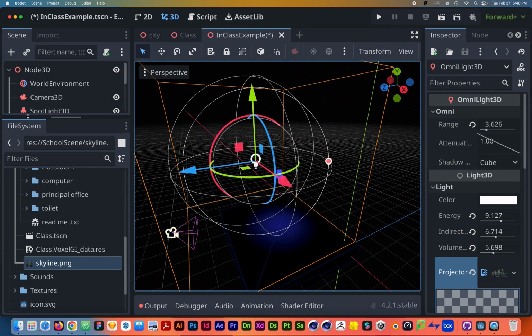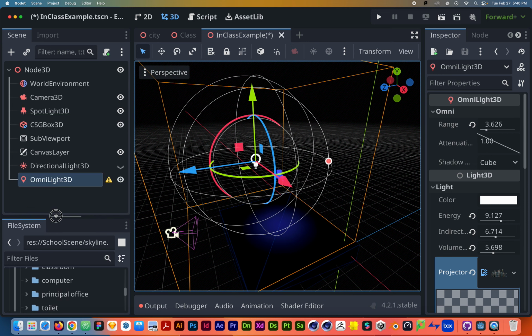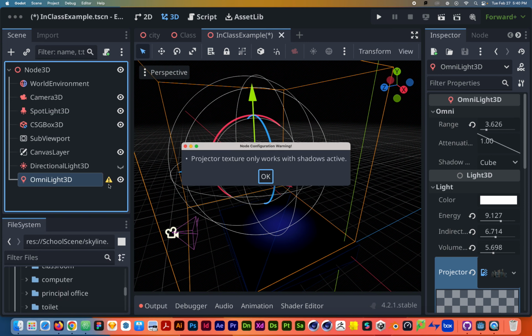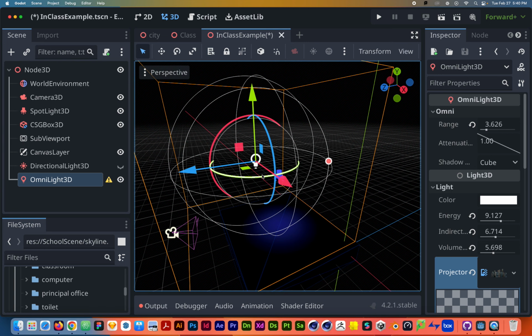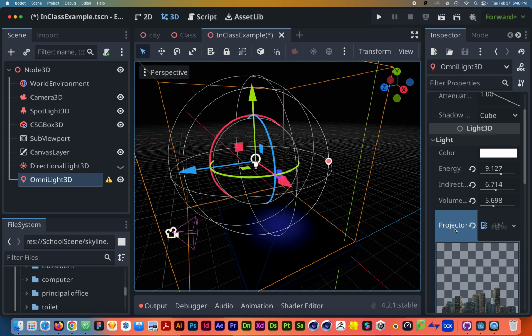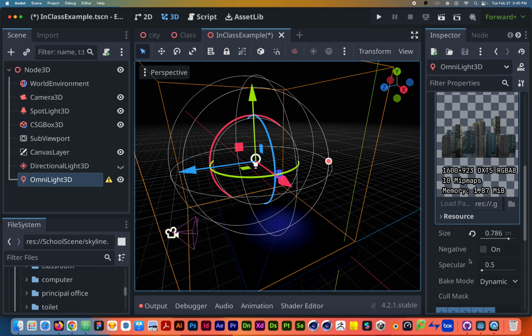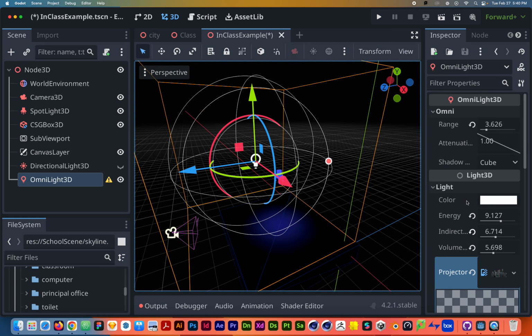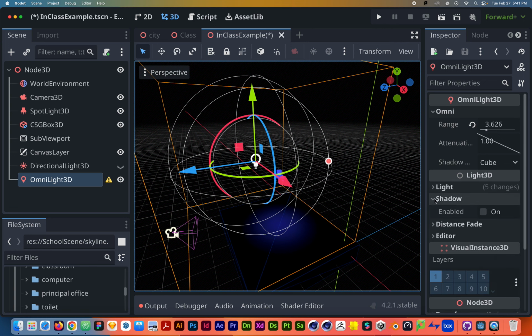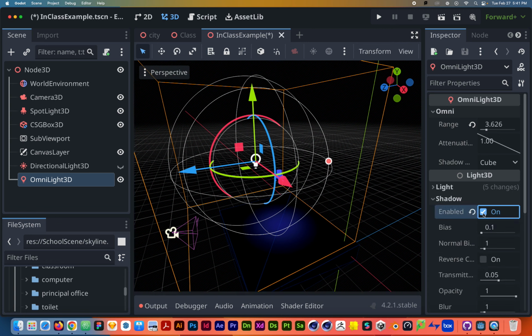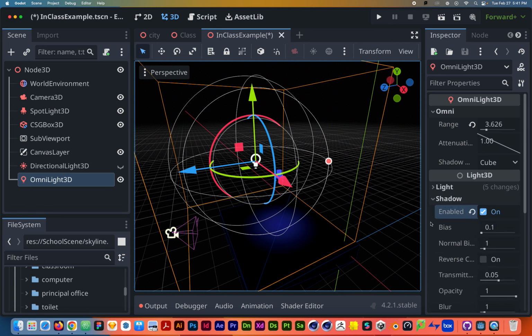Why not? What did I do wrong today? Oh, you're mad. What are you mad about? It only works with shadows active. Okay, great. So then we just need to turn on shadows. This is one way that solves your problem. With certain lights, you can turn on or off shadows, like whether or not they actually cast shadows. And by default, they don't, because shadows are more computationally expensive. But when you turn on shadows,